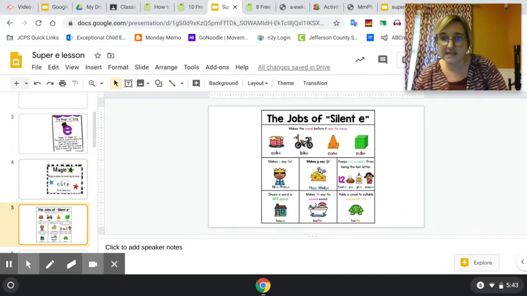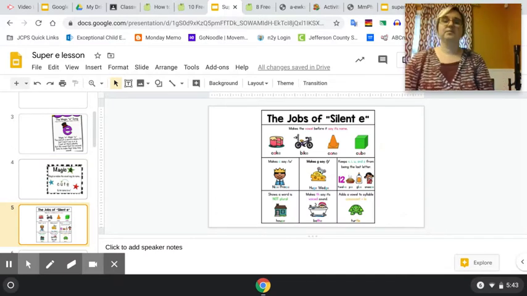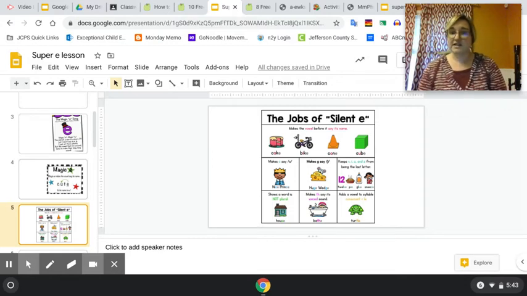The jobs of silent E. There are many jobs of silent E. They make the vowel before it say its name, like in cake, bike, and cone. They make the C say S. They make the G say J. They keep the V, U, and Z from being the last letter. Shows that a word is not a plural. Makes the TH say a voice sound, like in bathe. And adds a vowel to the syllable, consonant plus LE, like in turtle. Okay, we're not going to talk about all of them, but we are going to talk about some of them.